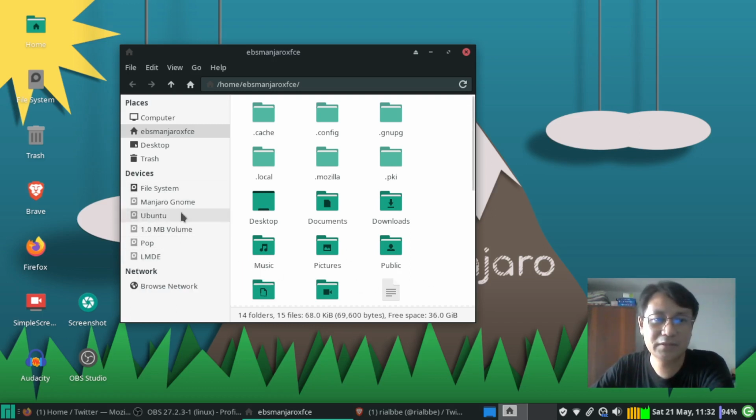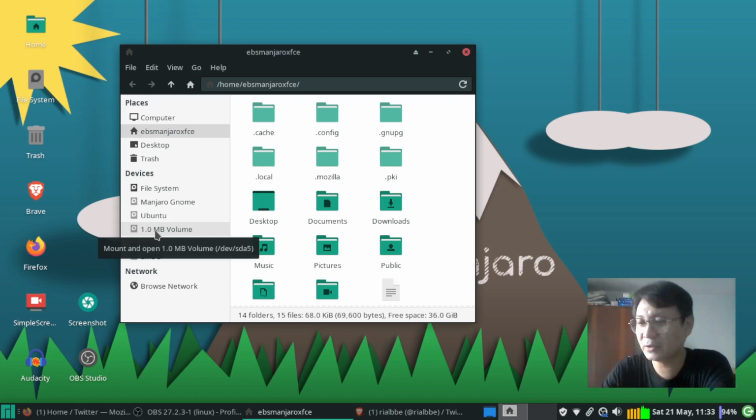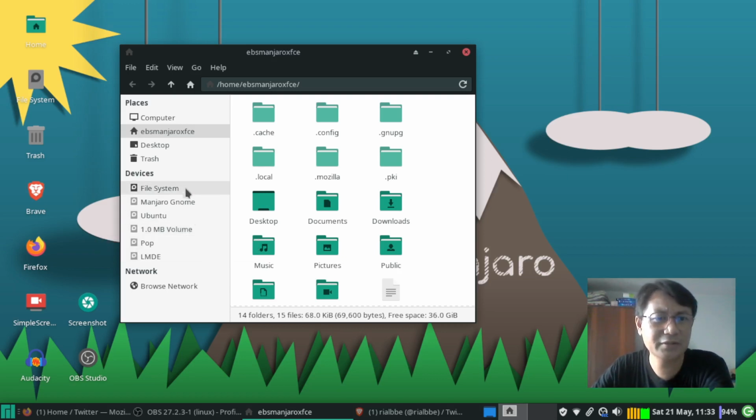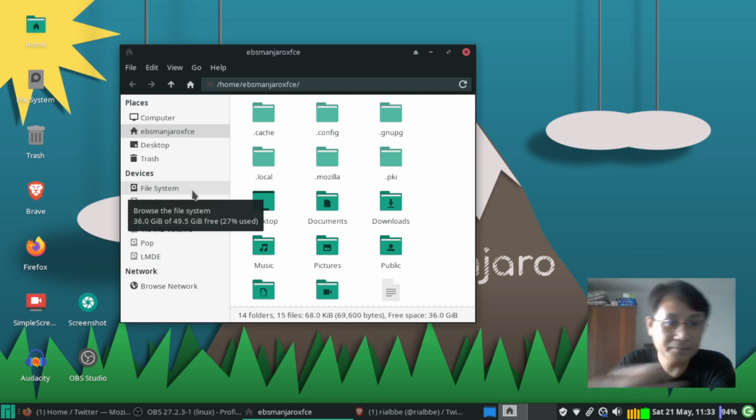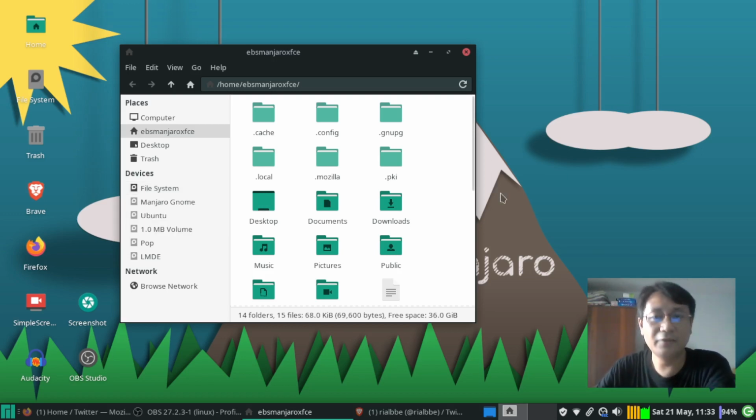So this is my system, and this one is SDA5, which is some sort of files, I think, mounted there. I don't know what kind of files, but I also have SDA 1 and 2 for my, what was that? Yeah, the boot